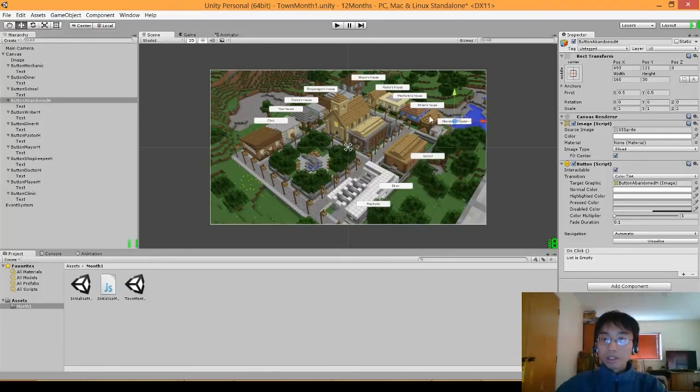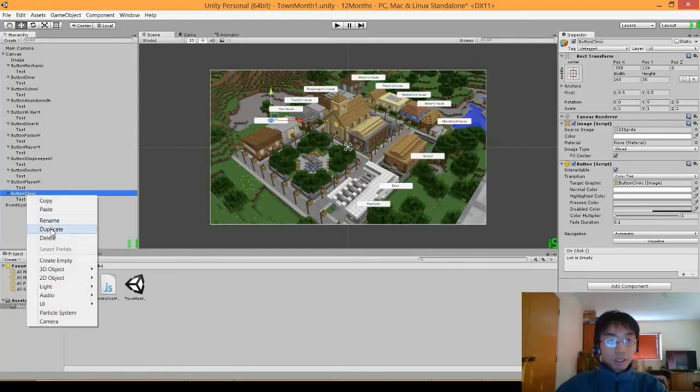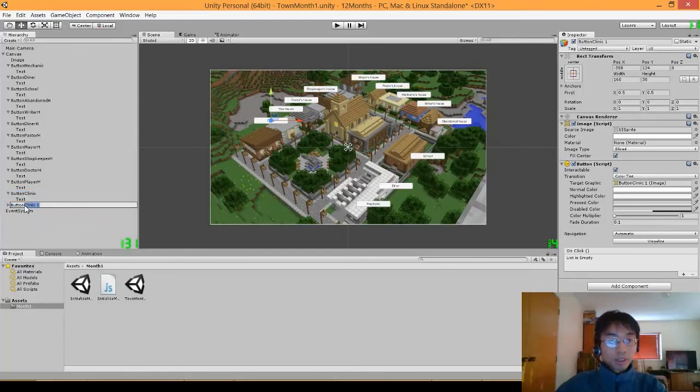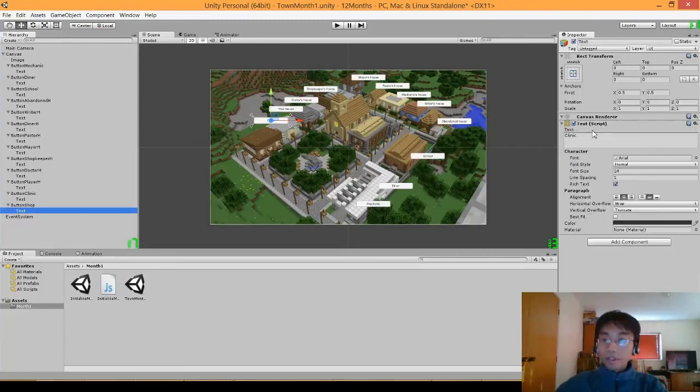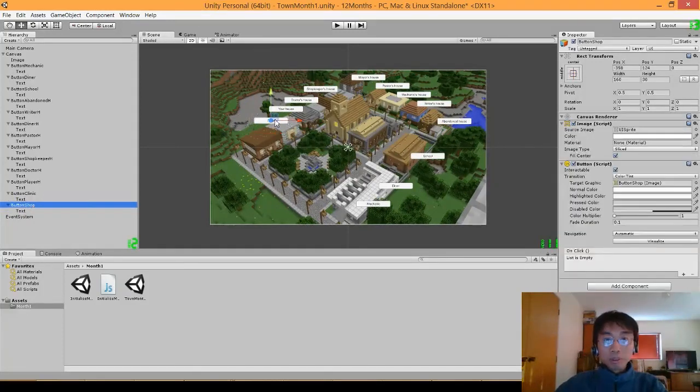School. The writer's house, the mechanic's house, the pastor's house. Alright, duplicate button shop, and text is shop. So, no, don't move the text, move the whole button. Shop,